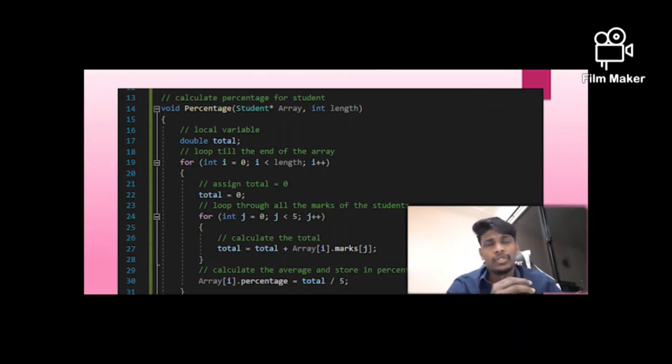Next, to calculate the percentage for students, void percentage, student array, and int length. The local variable is double total, and then to loop till the end of the array, we have to use for, which is the initializer i equals 0, i less than length, and i plus plus. To assign total equal to 0, we call the variable total equals 0, and to loop through all the marks of the student, we have again used for, which is the initializer j equals 0, j less than 5, j plus plus,